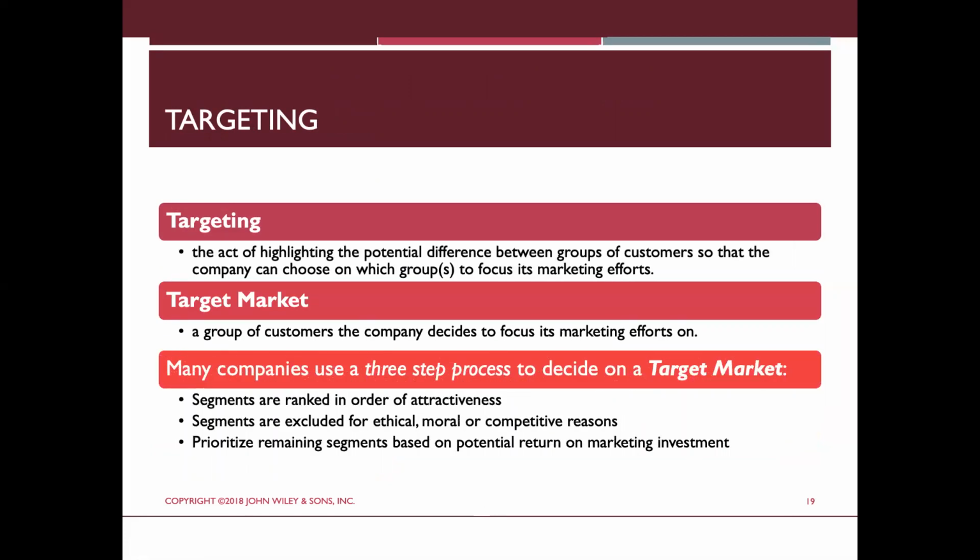So we decided with our ketchup example, we're going to target these $6 ketchup people, right? So this is our target market. This is who we're focusing our market efforts on. That doesn't mean we're never going to get someone from the $1 ketchup group. Maybe they're just really desperate for ketchup and they decide to buy a $6 bottle. But we're going to figure out our segments and rank them in order of how attractive that segment is for us. We can also exclude some segments if we have ethical and moral reasons,